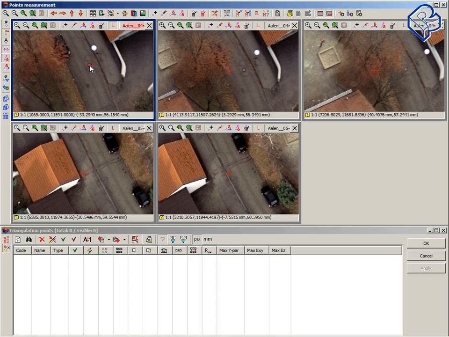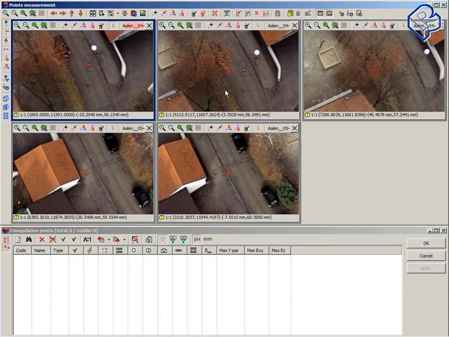The accuracy of this jump depends on the accuracy of exterior orientation data of our block layout. Now we have to estimate the distance between the correct position of the marker and the current position of the marker on images. We have to activate the second image with the right